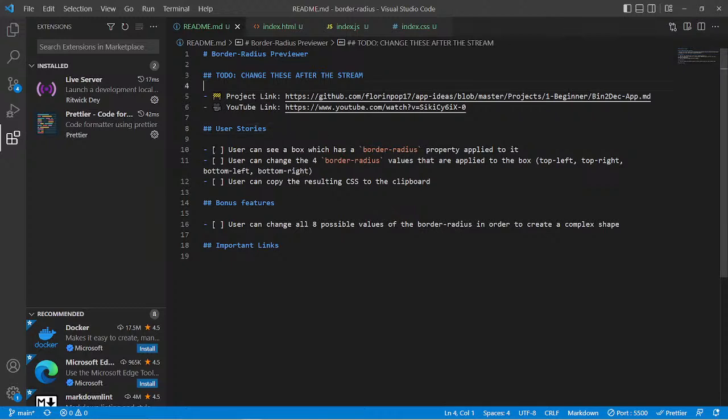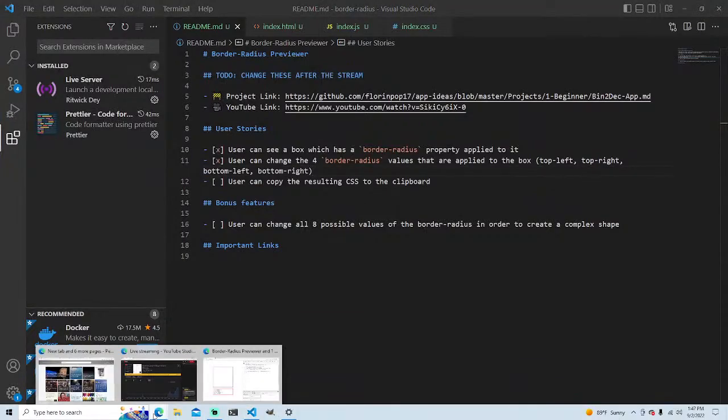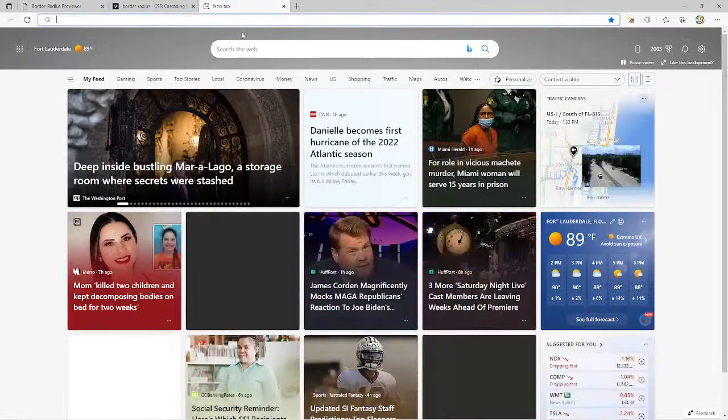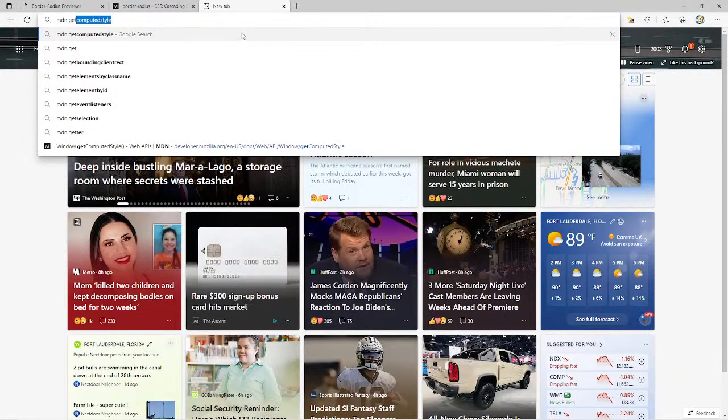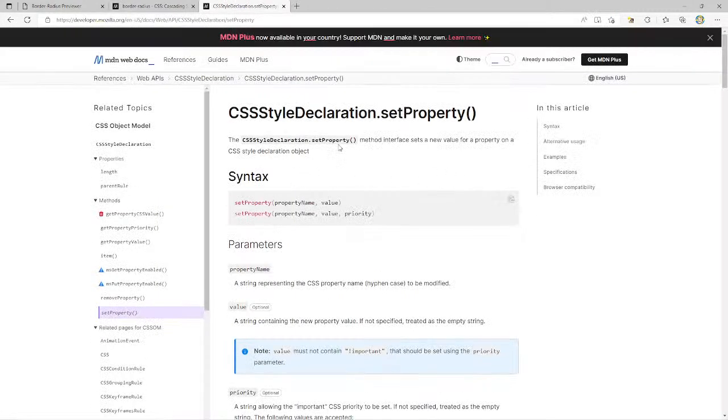So we finished this one. Now we actually want to get the resulting CSS, right? That's the one thing that I would like to do. So I know there's a nice method to get like the entire style sheet, or maybe all currently selected. Let's see. So let's do MDN get CSS, not style, CSS style declaration. Let's see, remove property, get